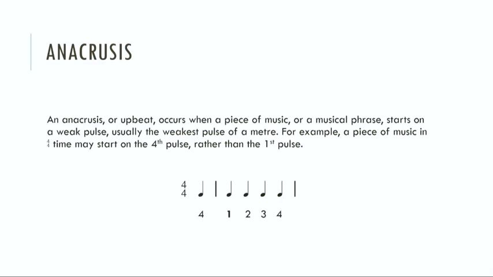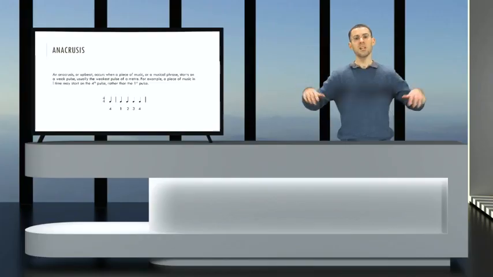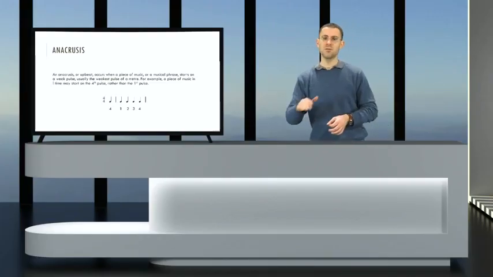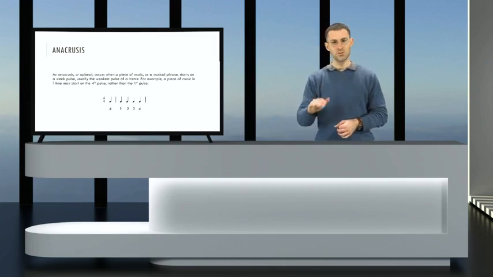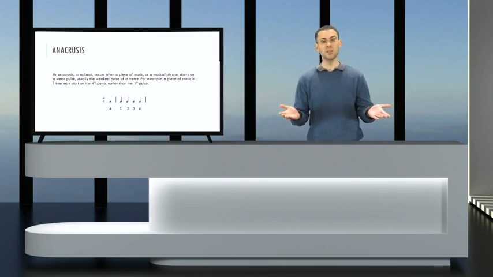Usually it's to accommodate the text of a song, where the words have natural stresses of their own. To keep those stresses correct, you have to use an upbeat. Let me give you an example. We may start a piece like this: 1, 2, 3, 4. 1, 2, 3, 4. That's where the music starts on the 4th beat.